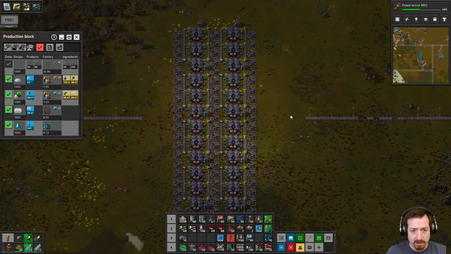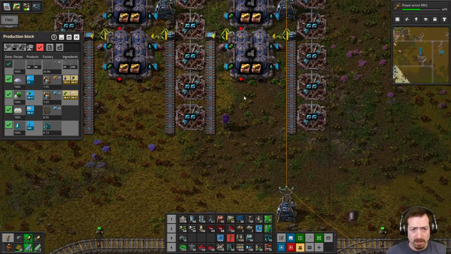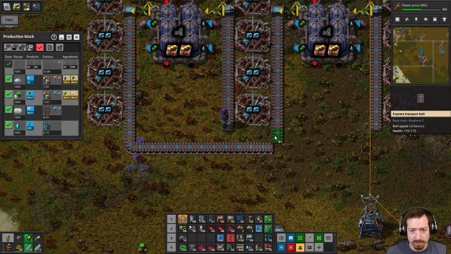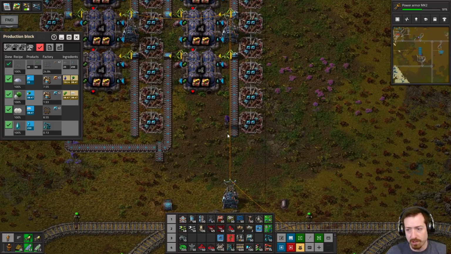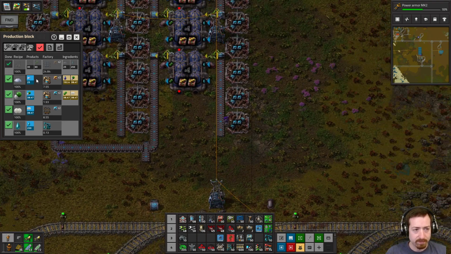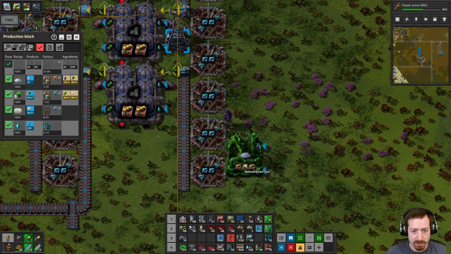Check. Squeak Through doesn't work on these, which is really annoying. And we're also on both sides of the belt here, so I'm going to have to kind of bring them in. It is perfectly balanced in terms of beacons and modules and everything, so I'm fine with just merging like that without using a splitter. And then we need some of these guys, which...